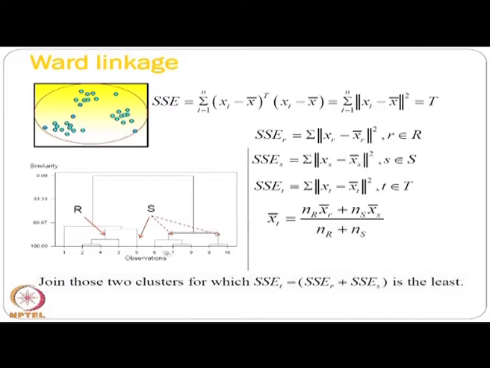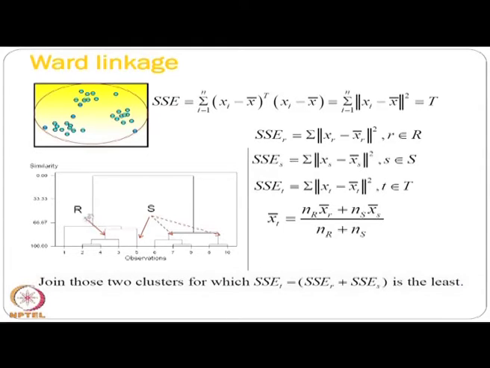Now, what do you require to do? You want to join, so which 2 clusters will be grouped together? As we have seen, SSE is measured by this distance measurement, the sum total of distances. So you can find out for the R cluster, where there are 3 objects, what the SSE is: each point minus its centroid value. Similarly for the other, if you say S is this one, you can find the SSE value. If there is only one object in a cluster, the SSE will be 0.